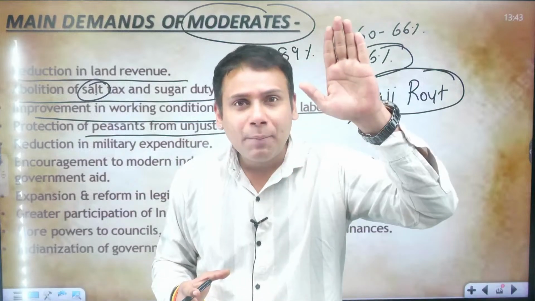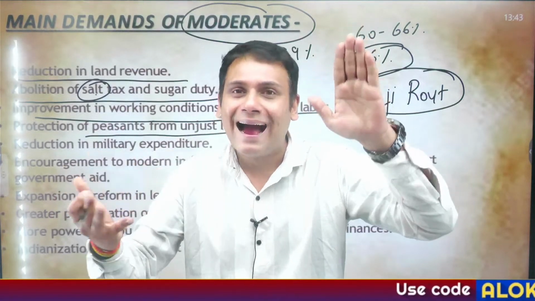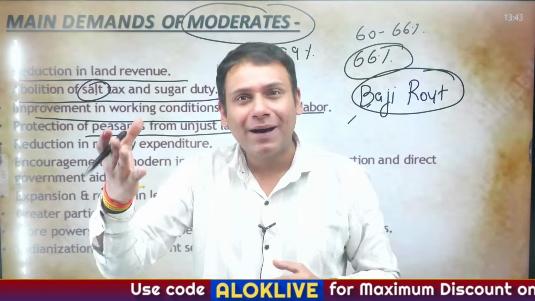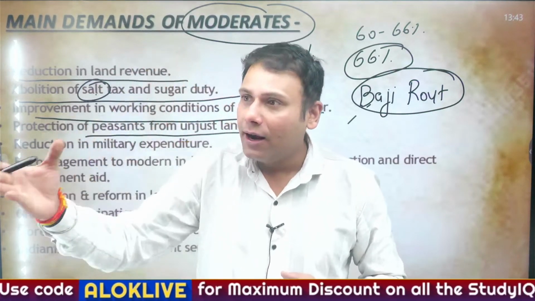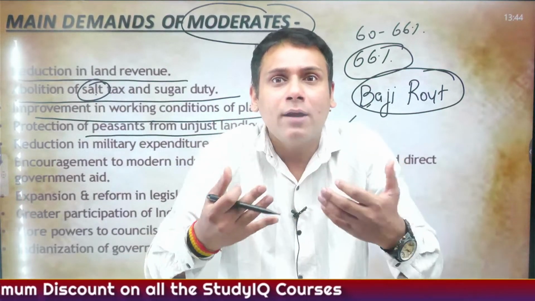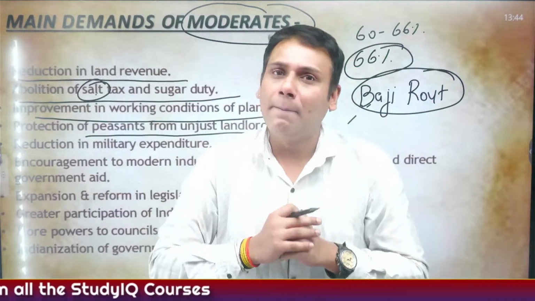Like they had to carry a passport-size document to reveal their identity. They could not use the public footpath which was being used by the Englishmen. If any Englishman was crossing by, they had to kneel down in front of him. Forget about bowing down. You have to kneel down in front of them.